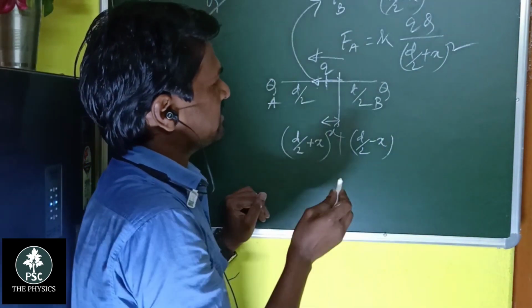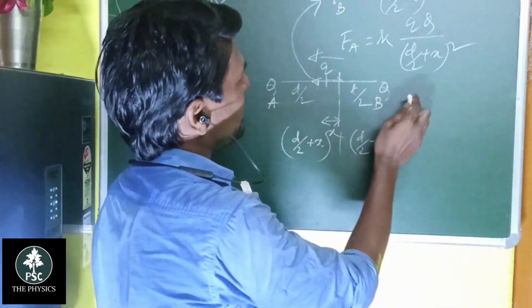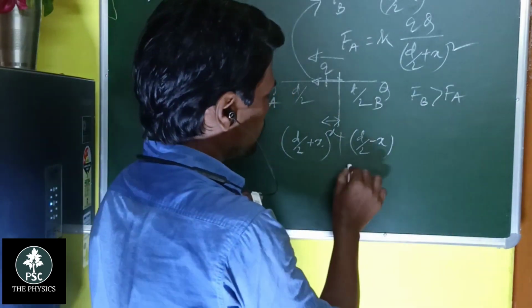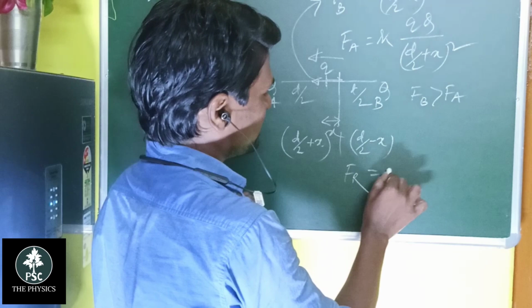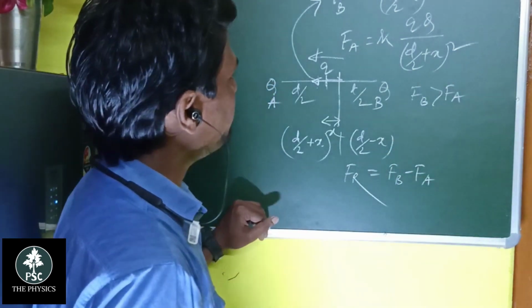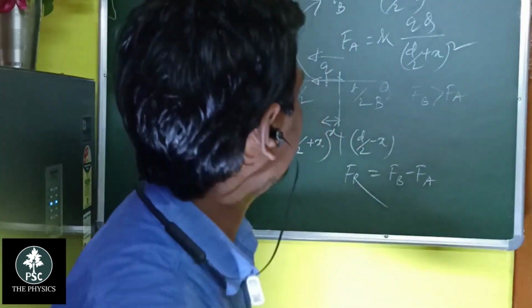And which one is greater, students? This is the small distance and this is the greater one. So this force is maximum. So FB is greater than FA. So the resultant is FB minus FA. Okay, so FB minus FA, and here there are some related